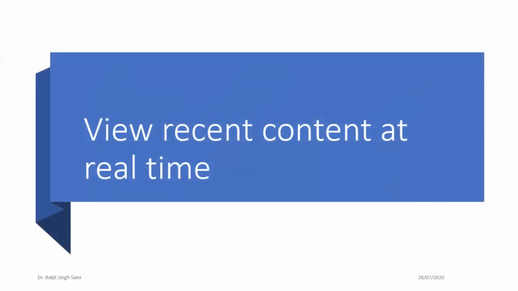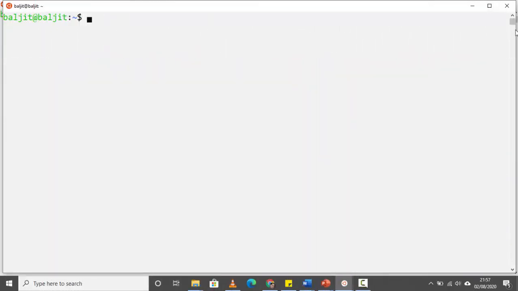The third option is really interesting. Sometimes you want to see the contents being updated to a file in real time. Means someone is, let us suppose, updating a file and you want to see then and there what content is being added. So the option for that is -f. To practice this, you need to